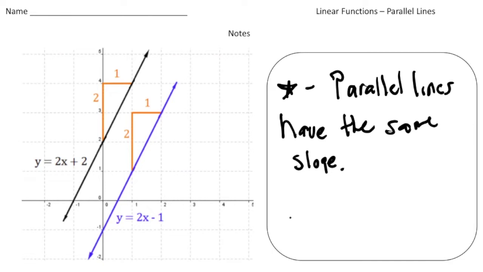Alright, so let's say for example both of these lines are written in slope-intercept form. If we know that an equation is written in slope-intercept form, which is y equals mx plus b, both these lines have the same m value. So again, any two lines that are parallel have to have the same slope. So if you turn the page,